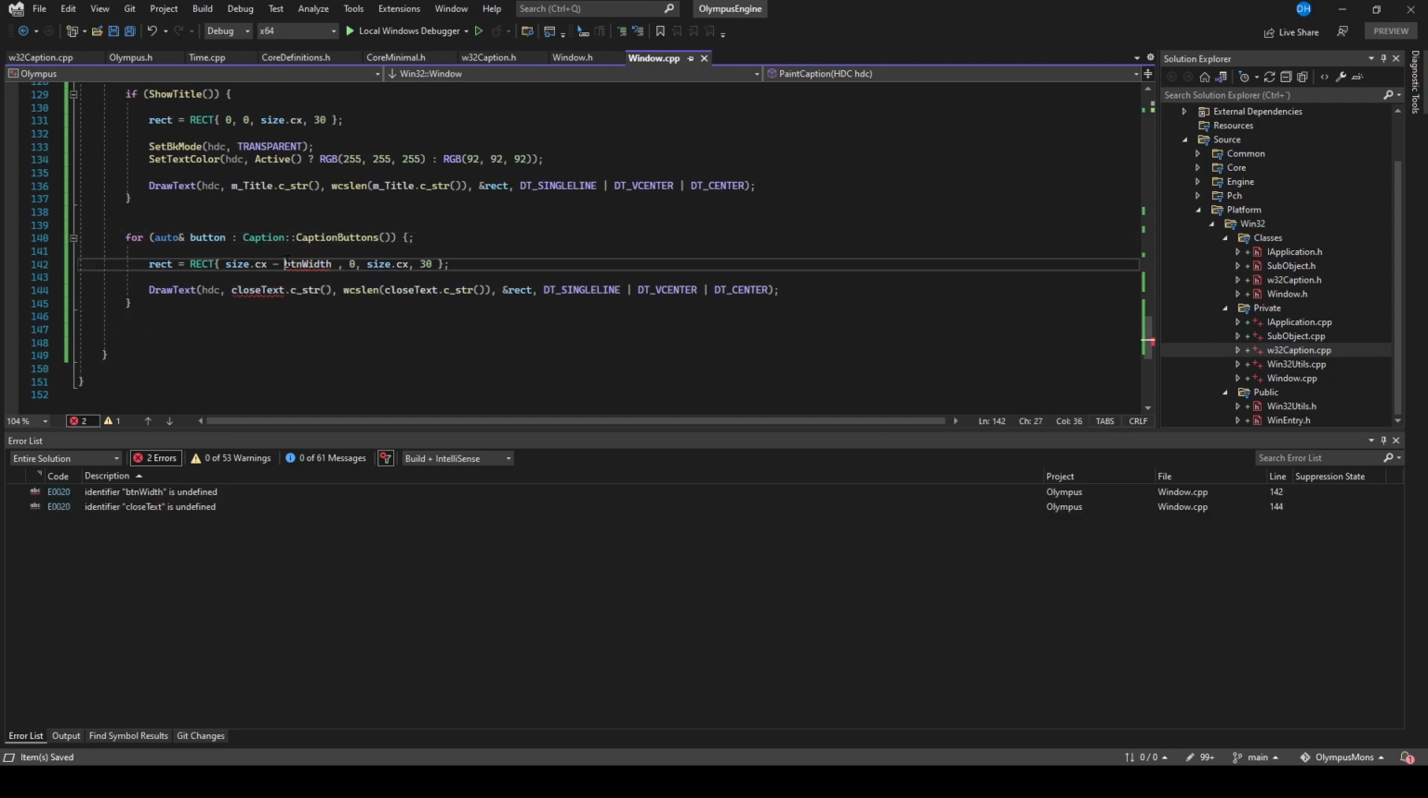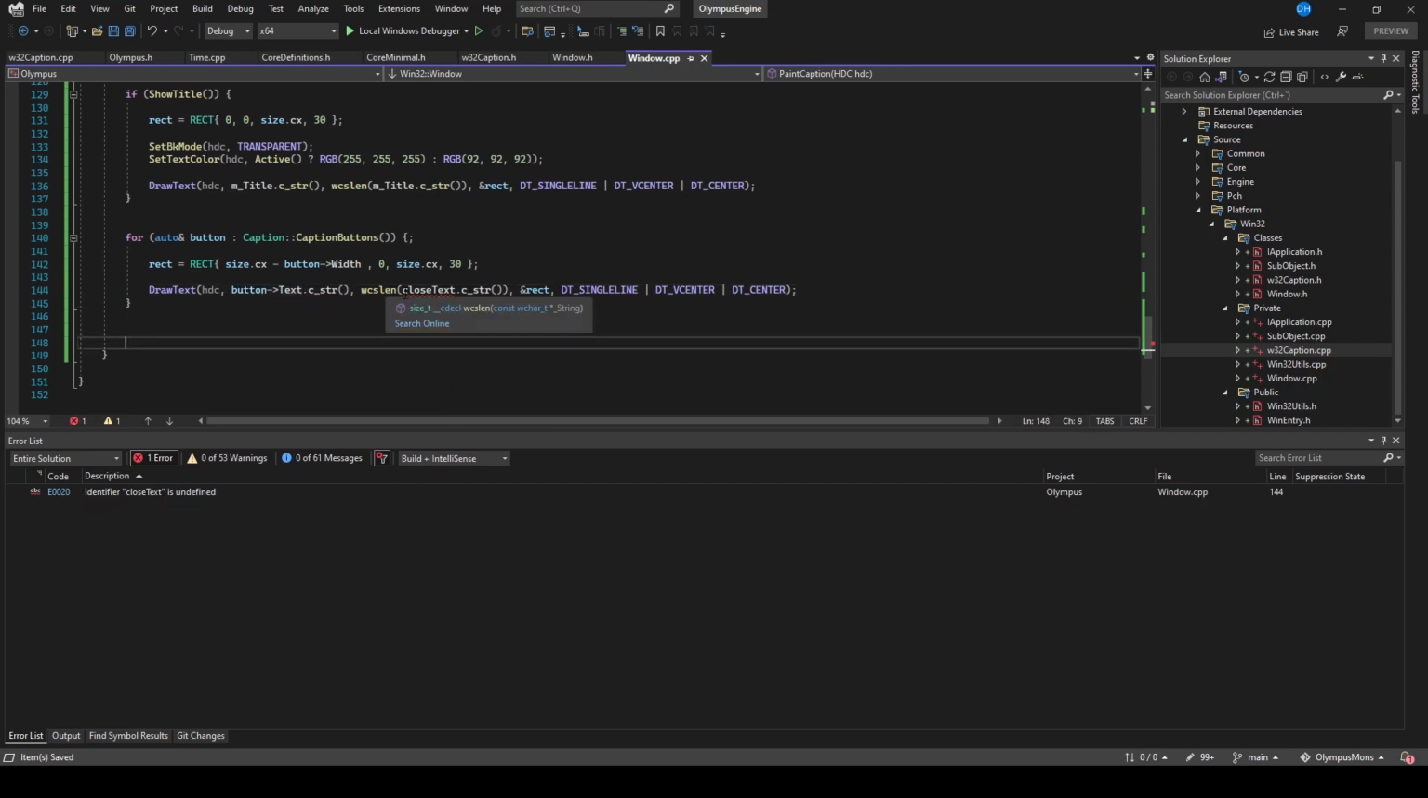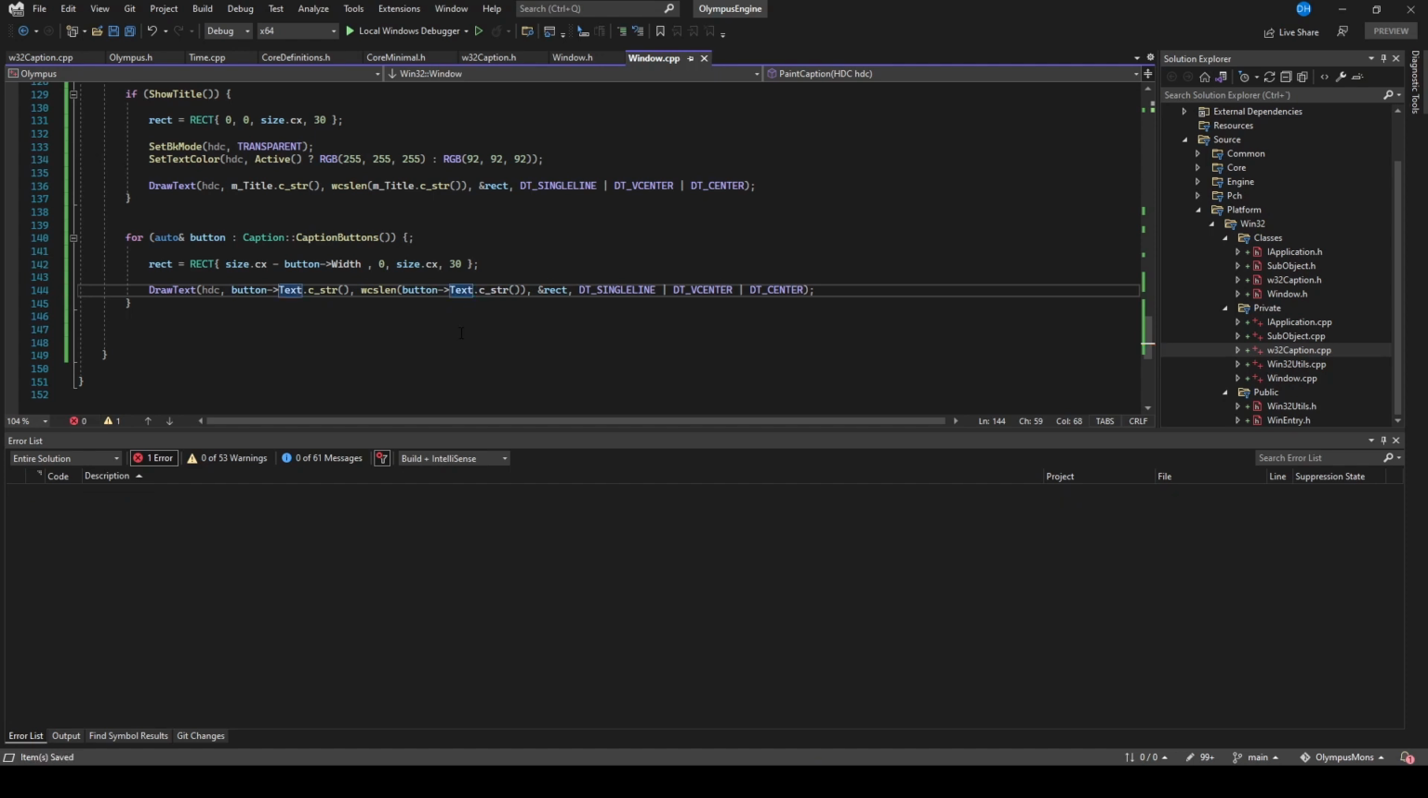What we need is our button width. So that is going to be button width. This is going to be our button text. Button text dot C string. If we run this now,